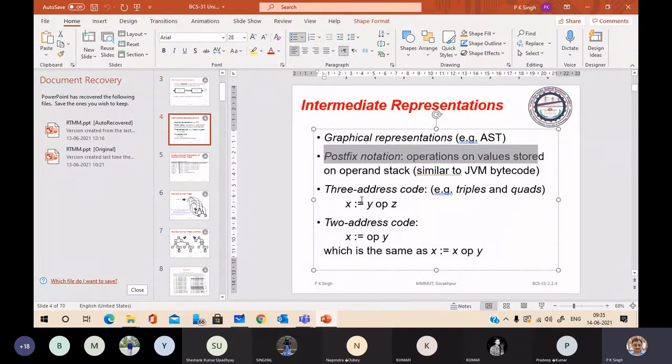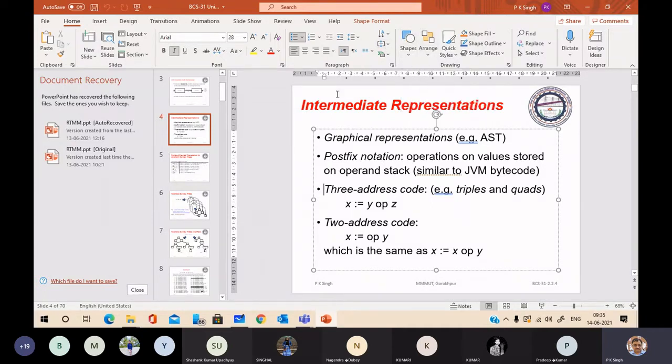Then three-address code. It is the most popular intermediate representation that is being used, and that is a form of three-address code. You may also say two-address code, where we don't need three operands. We may use only two addresses.